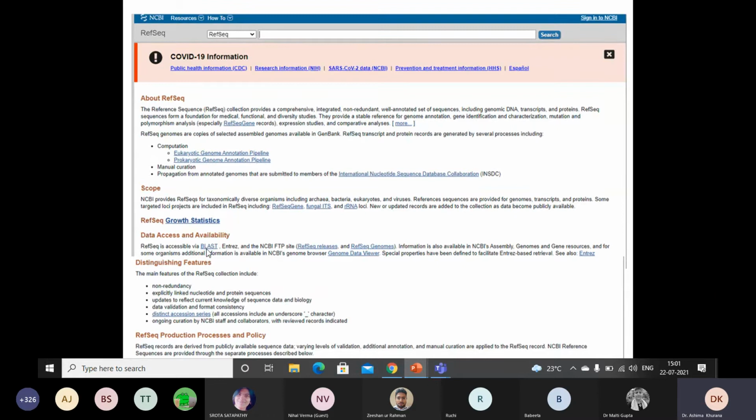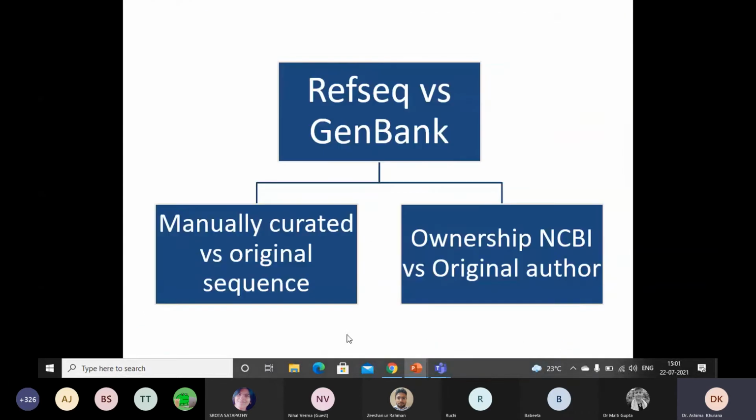So the main features, this is very important, the main features of the RefSeq collection include non-redundancy, explicitly linked nucleotide and protein sequences, updates to reflect current knowledge of sequence data and biology, data validation and format consistency, distinct accession series, ongoing curation by NCBI staff and collaborators with reviewed records which are indicated.